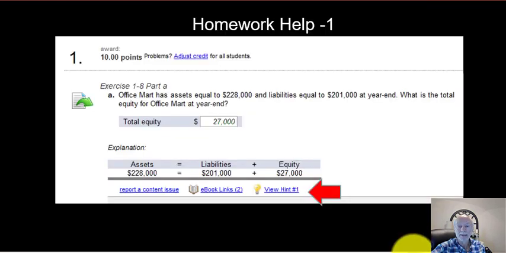Now, like I said earlier, every assignment in this class, homework that is, I'm going to ask you to do, there's at least one video that gives you the basics of how that assignment should be done. They're usually at the bottom of the assignment. So this is a homework assignment. You flip to the very bottom of the assignment, and there's a view hint number 1, or view hint. So you click on that, and you'll see a related video that connects up with this assignment. Anything else?